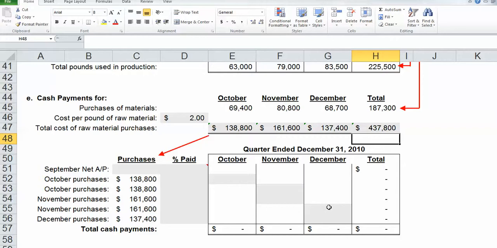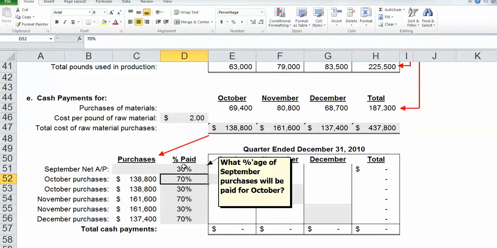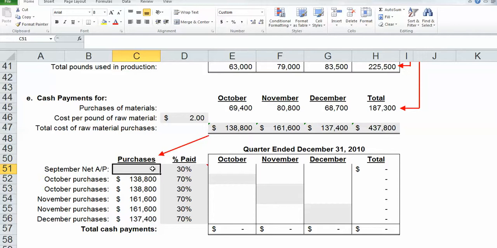And then the very last thing we need to do is look at the cash payments by month, because we don't pay for everything when we order it. So it says 70% of all purchases are paid for in the month of purchase, the remainder in the following month. So October would be 70, and then in the subsequent month we would pay 30. November 70, then 30, then 70. Now let's come back up to September here. That would be 30. Purchases during September,